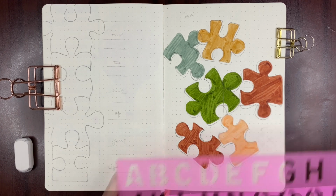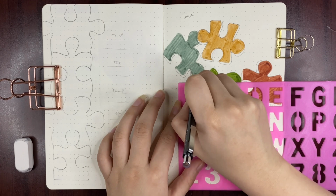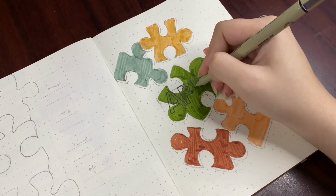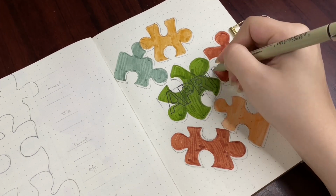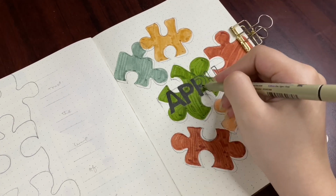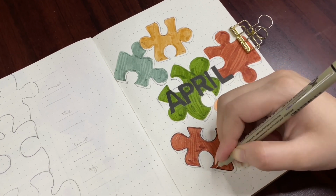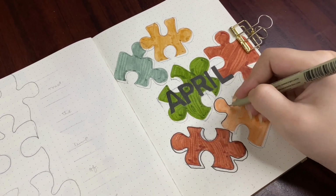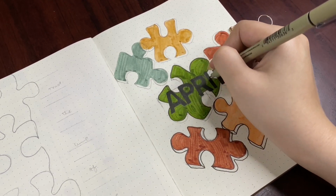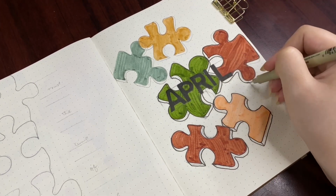After marking the accurate sized box, I've used my Sakura mechanical pencil with 0.7 mm lead size. I believe that this size is pretty visible even on the dark colors, so it is good to go. Although it cannot be seen in the camera, for me it functioned pretty well. I quickly grabbed the stencil, traced all the letters A, P, R, I, L, and for the black outline and colors within it, I used Sakura Pigma Micron 01 and 08. For the shadows of these puzzle pieces, I used 005 sized Micron and used 01 again for all the other